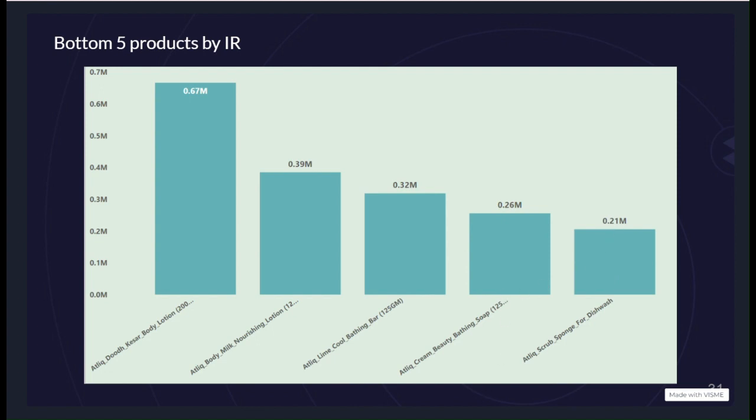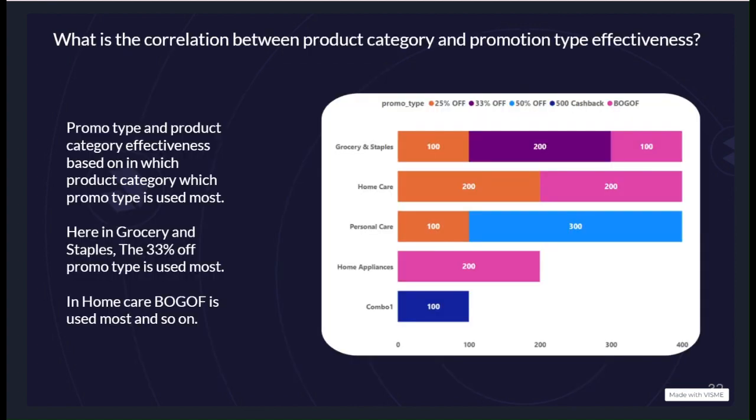0.21 million. So the next question is, what is the correlation between product category and promotion type effectiveness? So look first, promo type and product category effectiveness, based on which product category uses which promotion type most. As you can see in the report here, in grocery and staples, 33% of promotion type is used most, and in the home care, the BOGO and the